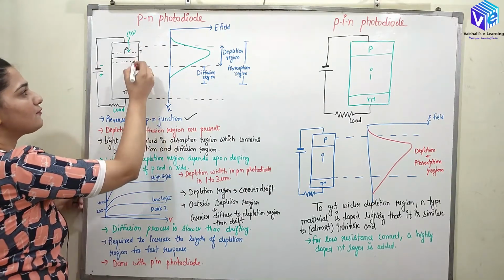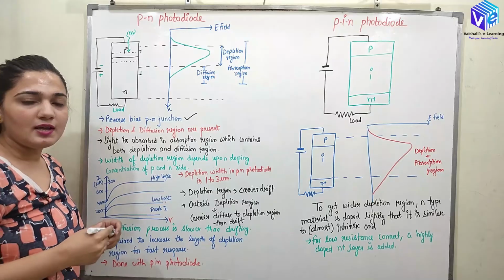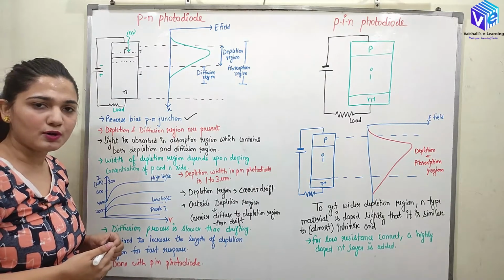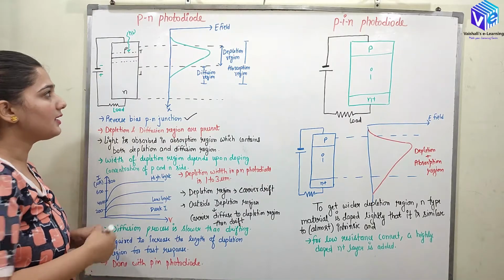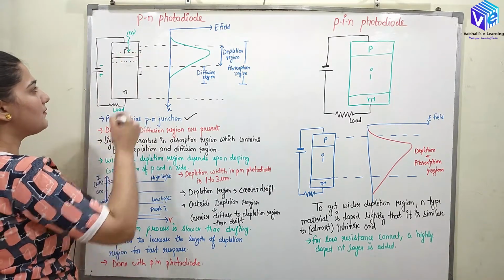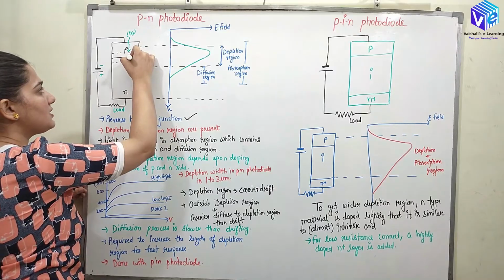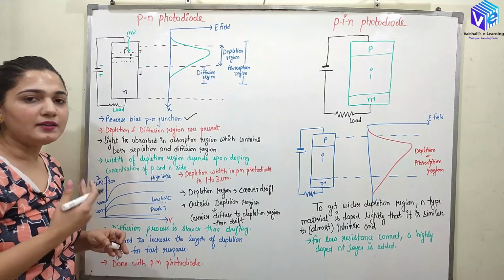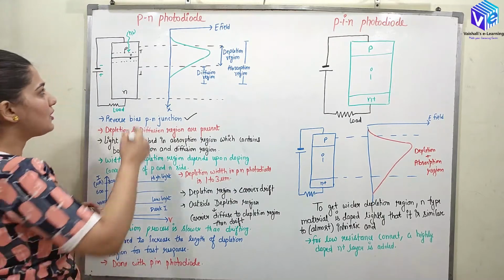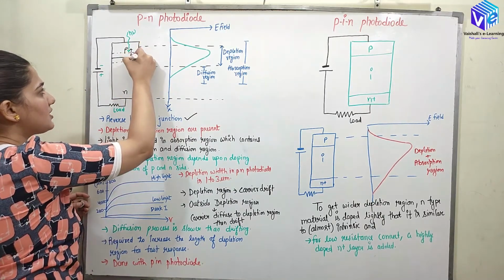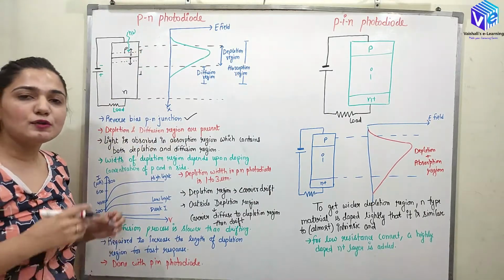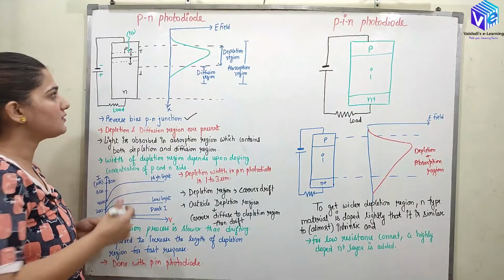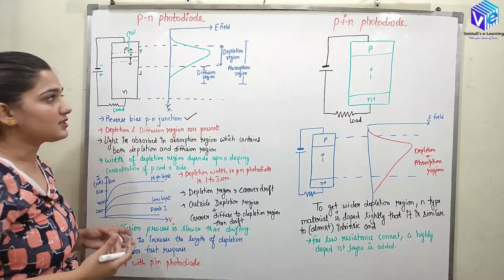So when the light is falling in the depletion region, the electron hole pair is generated. The covalent bond is broken and the electron hole pair is generated, right? So this electron hole pair will be present here in the depletion region, and with the help of the drift velocity, they are going to move towards the P type of region and N type of region. So here we just have only the drift velocity. With the help of the drift velocity, they are moving, which is faster.